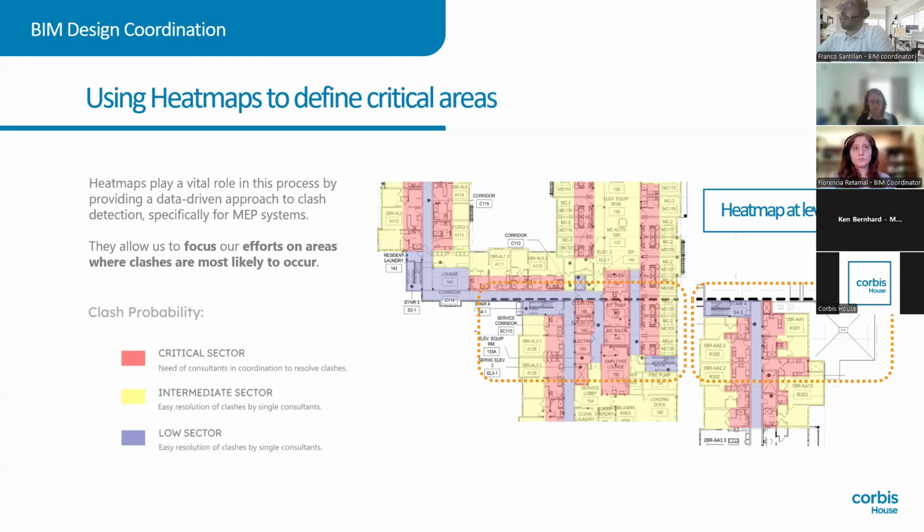In this particular project, we apply this heat map criteria to identify where we should pay attention to find the most critical clashes in a specific area of this project, which was a senior housing with 4 different levels. In the basement we have different food prep areas, and in the upper levels we have typical units for the residents. Once we have the approval for this heat map from our client, we move to Revit and then to